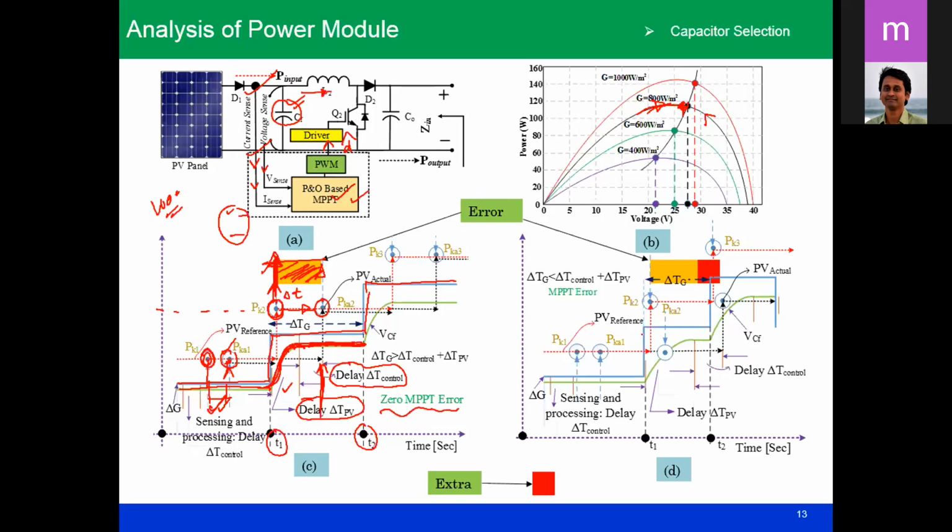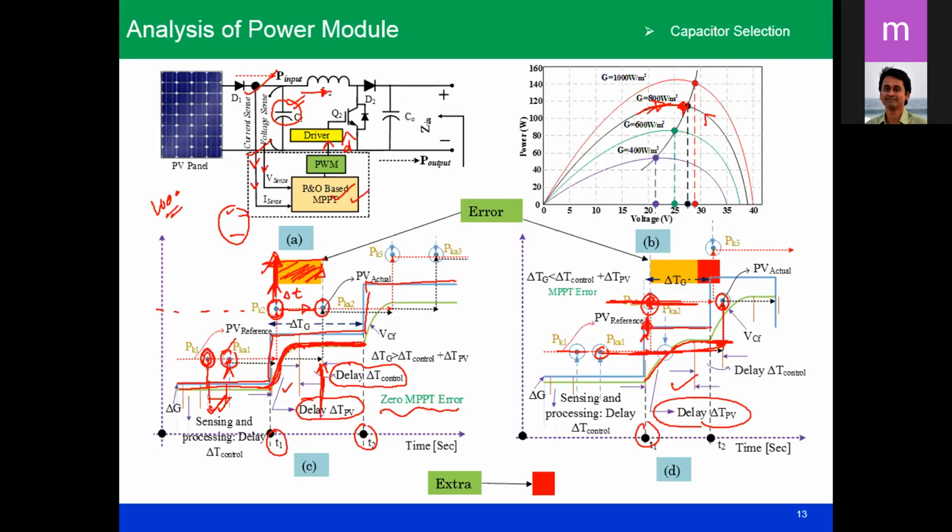You see this diagram. Under the irradiation changes, let us say for the same time T1, your reference point power is changing here, but as the voltage changes, it takes some time, so this time actually increases because of the higher capacitor value, and then processing delay, and then there's a settlement of new VMPP. So at this particular point of time you can have a new reference power. Before that, you see that you actually continue with the previous power, whereas your reference power actually changes at that particular time T1.